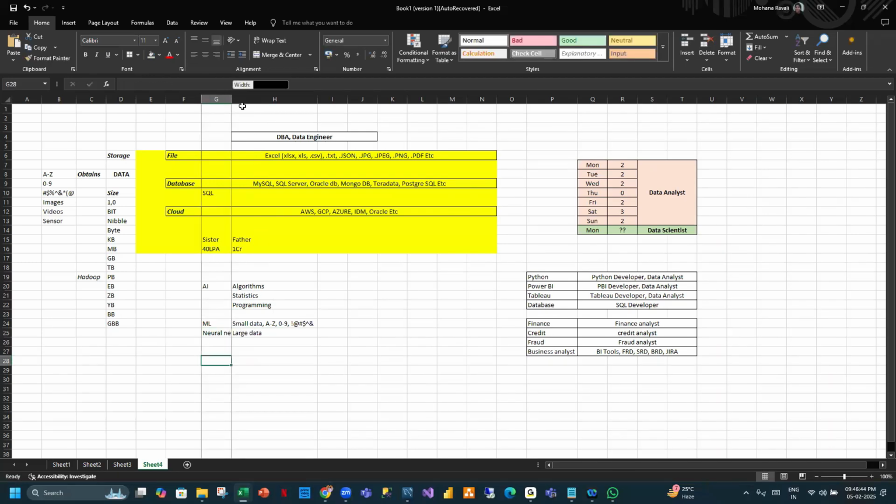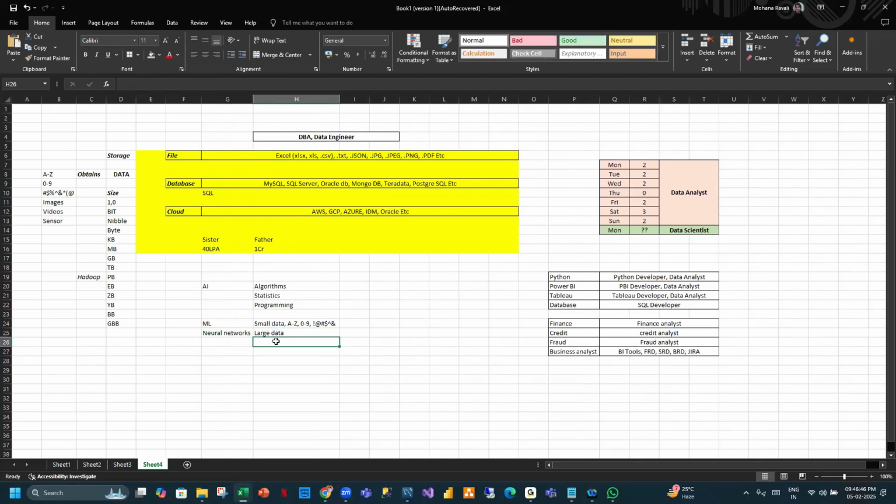And the same larger data with images, we call it deep learning. And what is NLP? NLP is about languages. Natural language processing, be it English, Spanish, anything. You can analyze the data based on languages. You have ChatGPT, right?